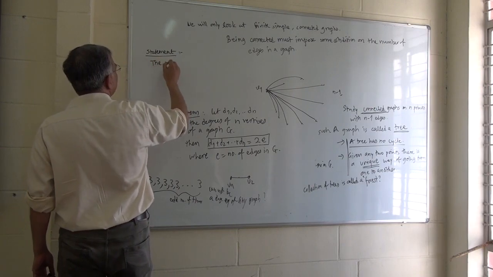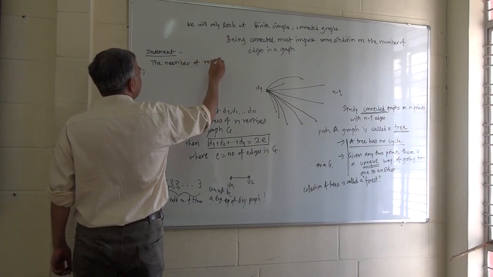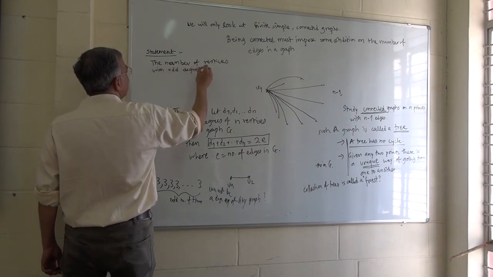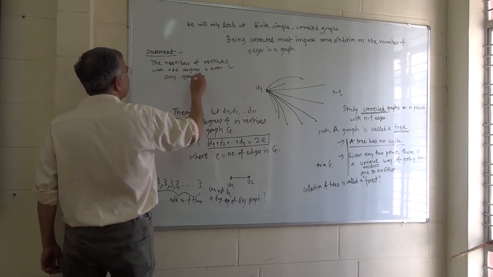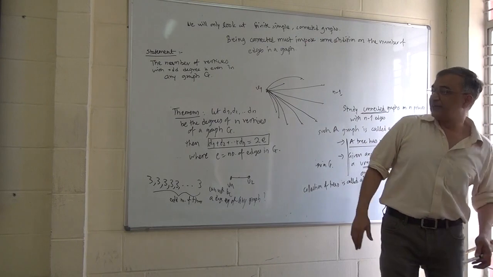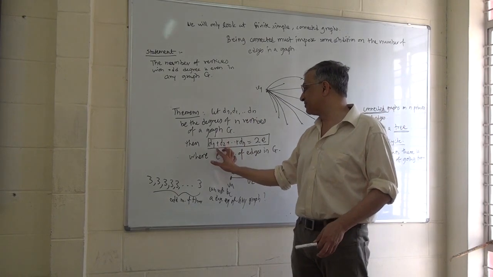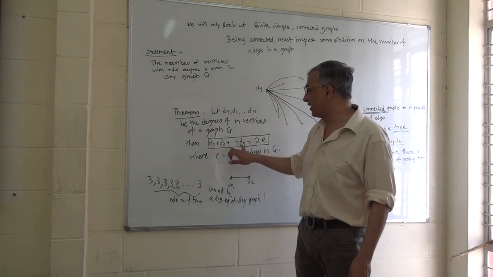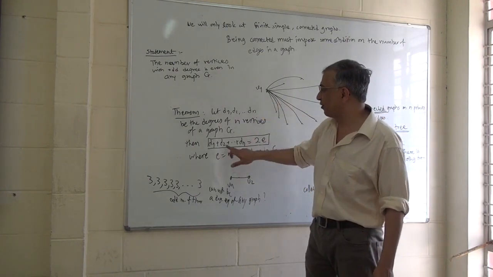The number of vertices with odd degree is even in any graph G. Because if you take the sum of the degrees, the even degrees will add up to an even number anyway, forget it. So the problem will only become the sum of the odd degree vertices, the sum of the odd degrees. If that is even, then we are fine. But if that is odd, the sum of odd numbers, odd in count, will add up to odd and the total can't be even. So this is actually the consequence of this.